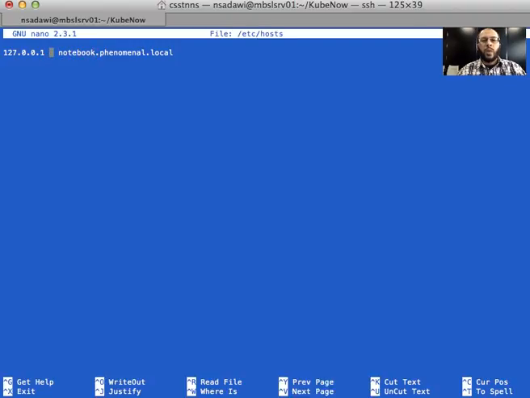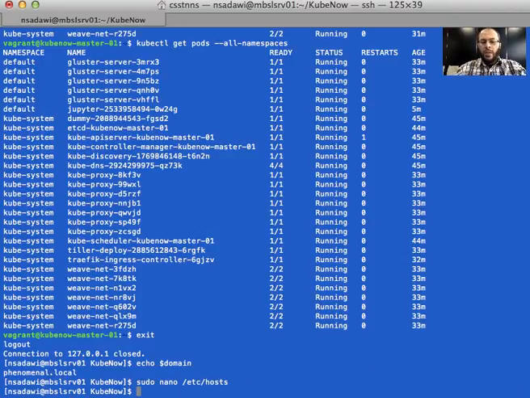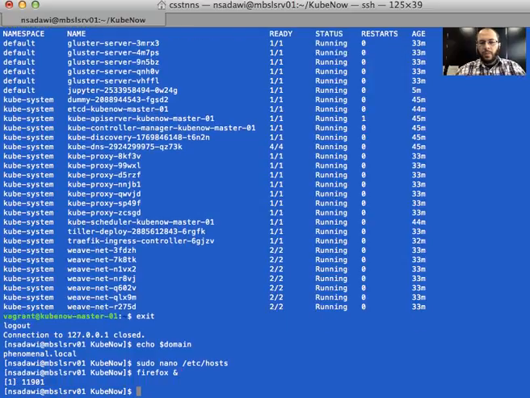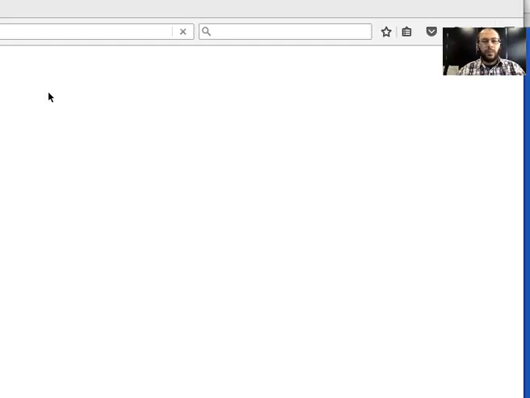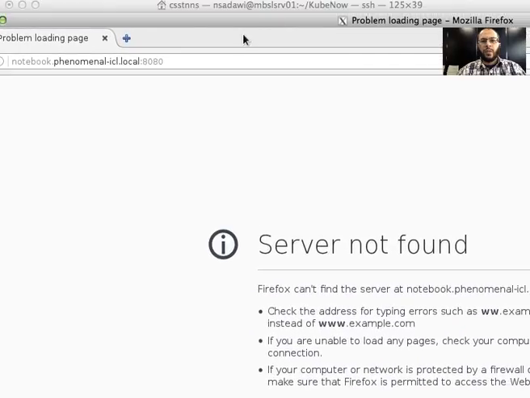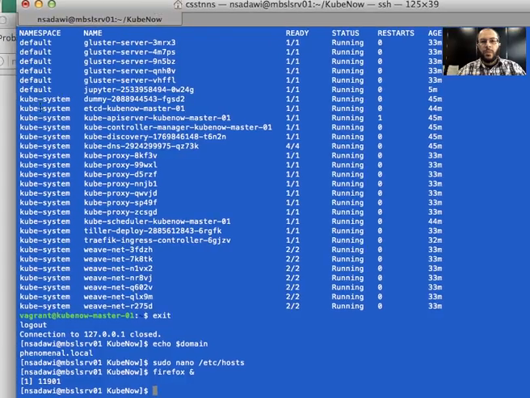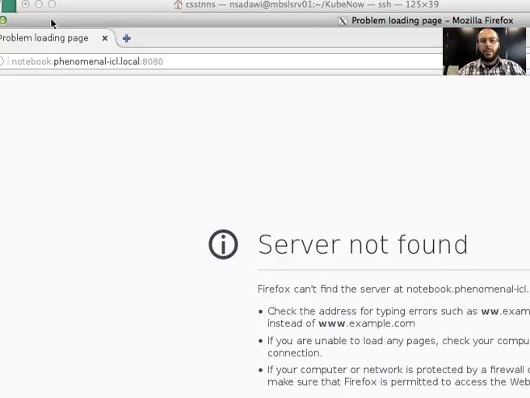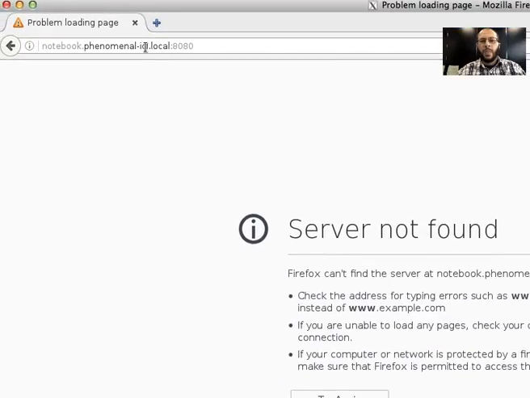So just do that in your /etc/hosts file, this 127.0.0.1 address. Save that. I've already done that. And then now you should be able to run Firefox. Okay, Firefox, as you can see here. And then we can tell it